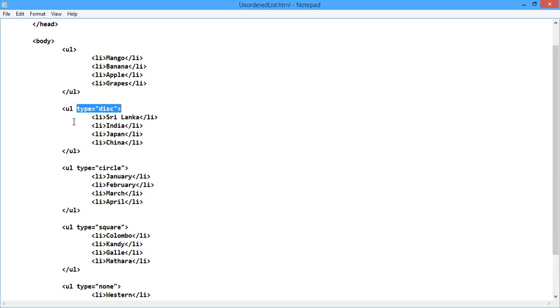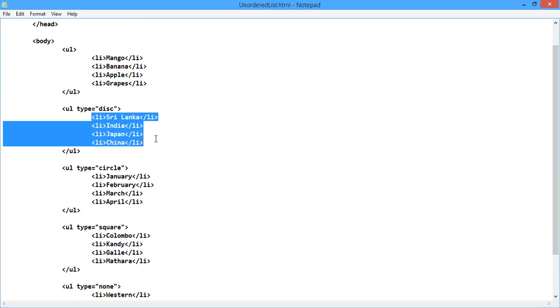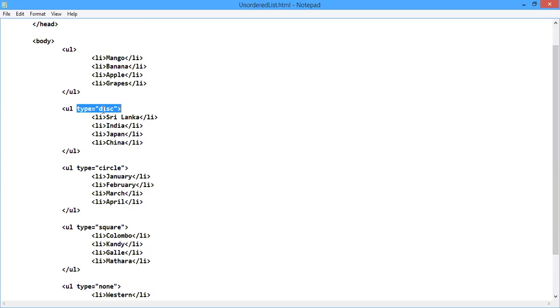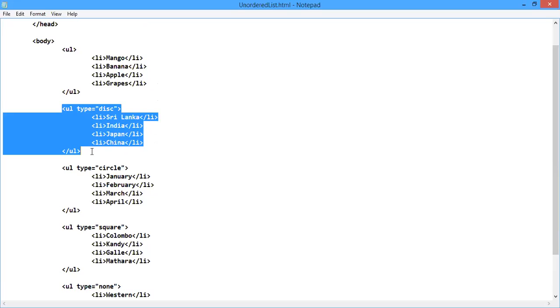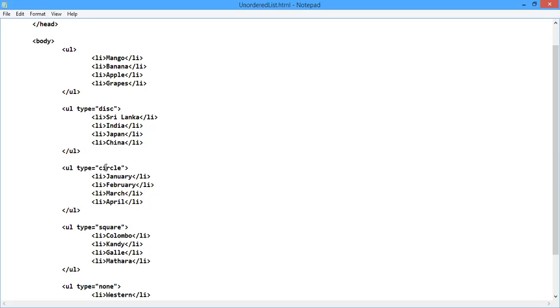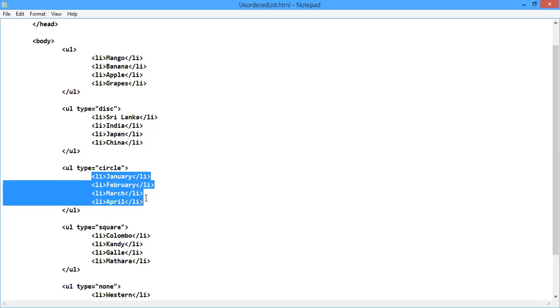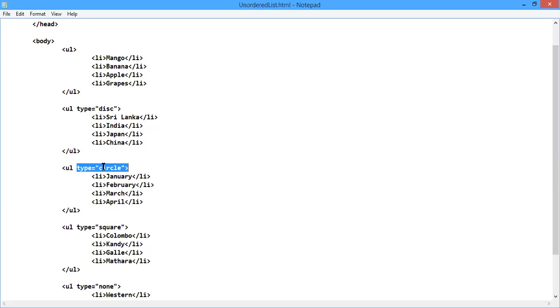That means I am specifically saying that these list items should display in the web page with the disk symbol. Here it will display these 4 items with the disk bullet. Here you can see these 4 list items will display with the bullet circle.